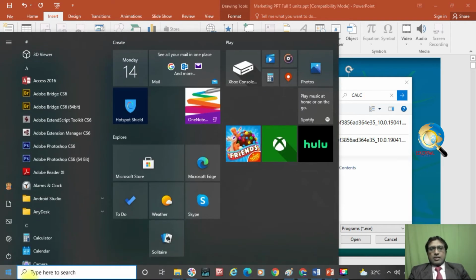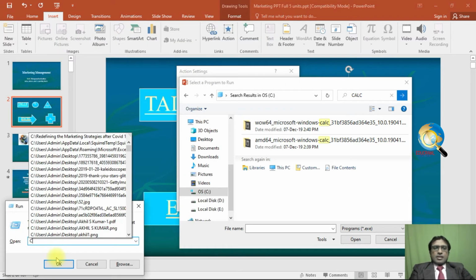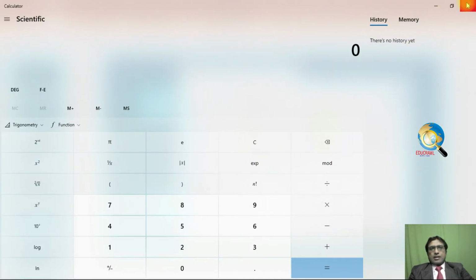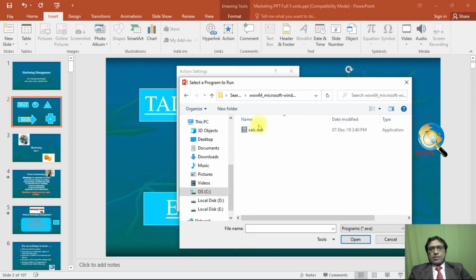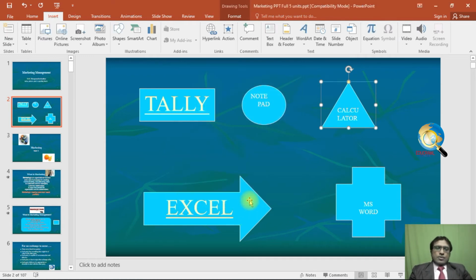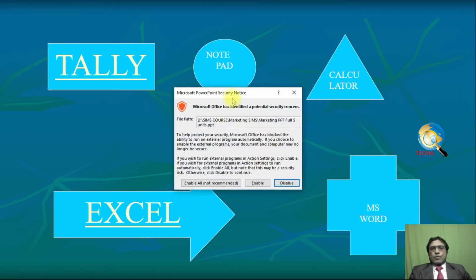Let me show that. Here if I press calc, you can see the calculator app is there. So you can use Windows key and R for run. And if I press calc, automatically the calculator app will be opening. App is calc.exe. So that option you can do it. You can see the calc.exe file is here. Click OK. OK.